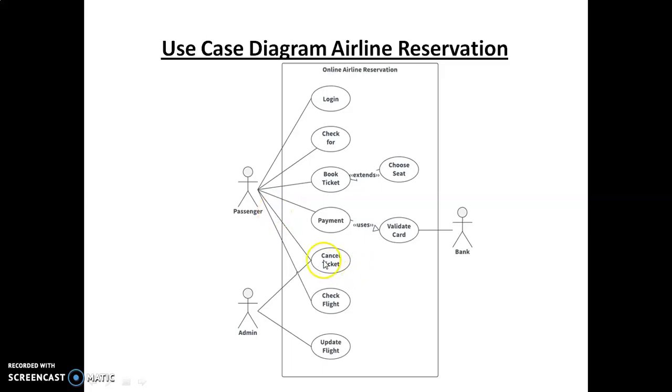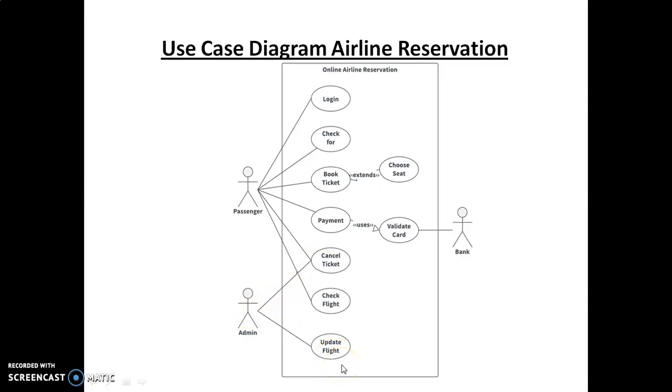But again this activity is related to the admin section. Why? Because that control is given to the admin. After submitting the request to cancel the ticket, it goes to the admin. Then after the payments, it checks the flight. And if a cancel request is made by the passenger, it is automatically forwarded to the admin section, and according to that